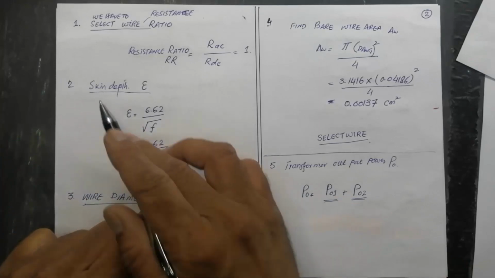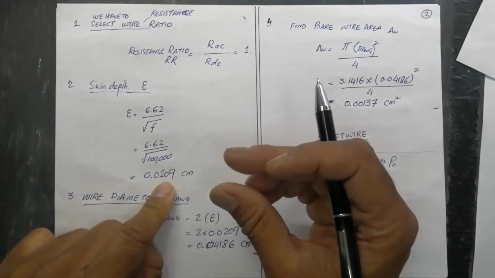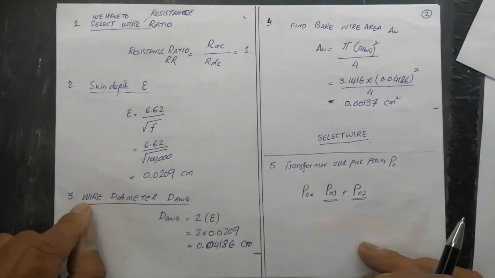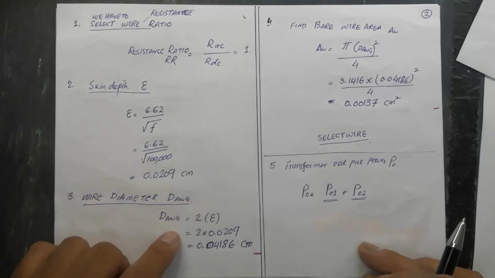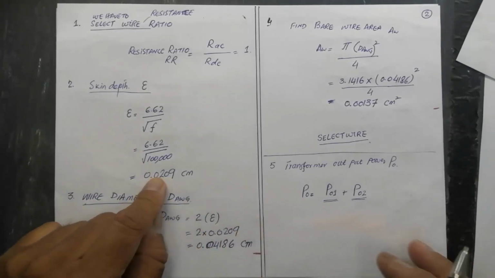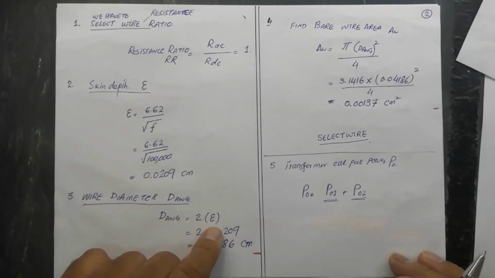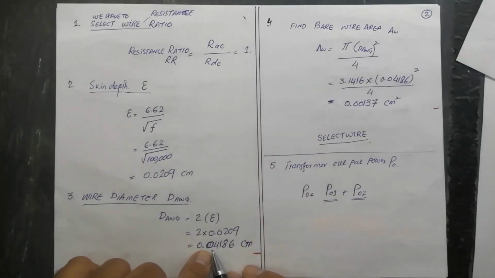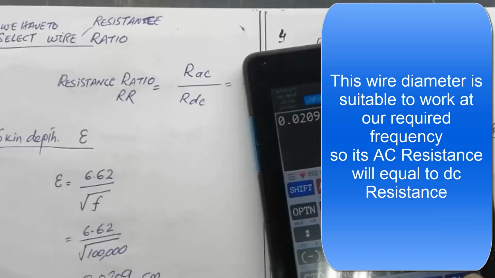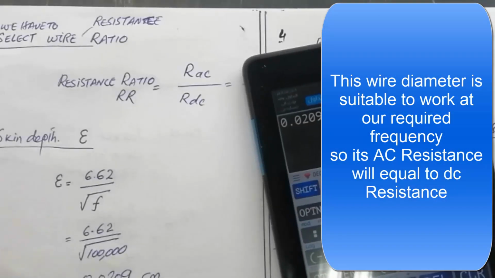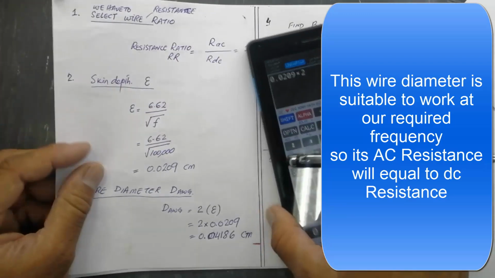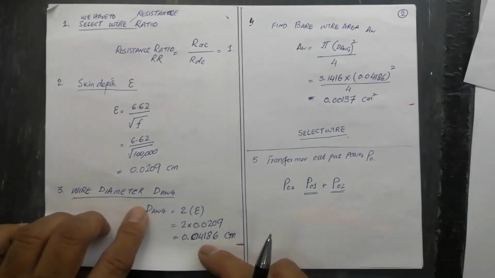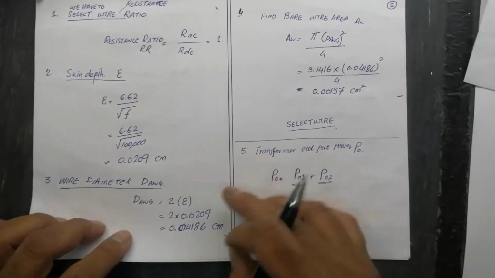Now when we find the skin depth, the wire we will use should be utilized fully, completely utilized. Now we have to define wire diameter, DAWG, because skin depth is a radius. So we can find 2 times skin depth, then it is 0.4186 centimeter. This is our wire diameter. Then we can use this wire,